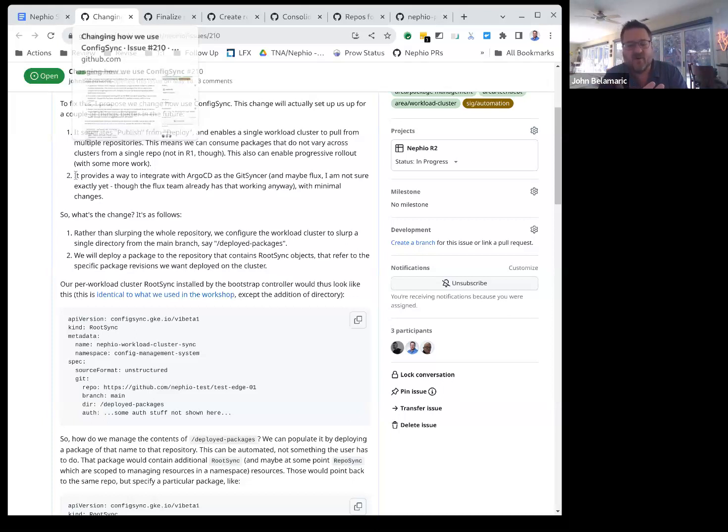the way Porch works is that you've got tags. Each tag is a package revision, and the main branch is basically its own package revision. When you publish, it copies the tag to the main branch. Maybe we could consider this a bug in Porch and fix it a different way. I don't know. We can talk about that, but I still think this is useful, so I at least want to go through what I'm proposing here.